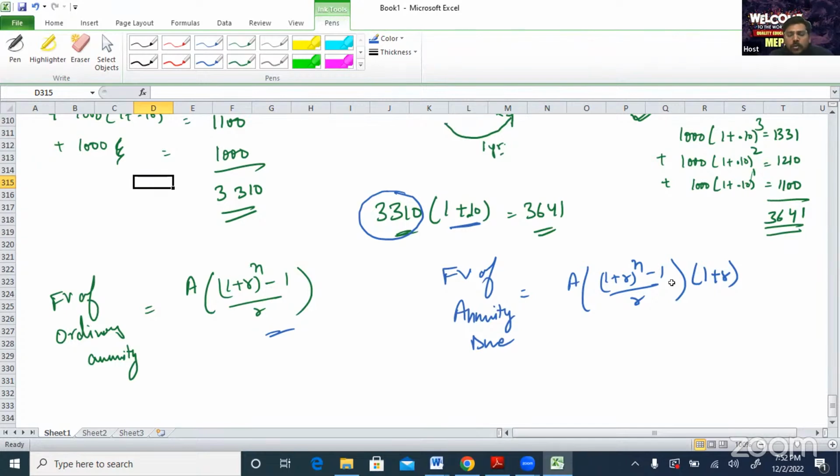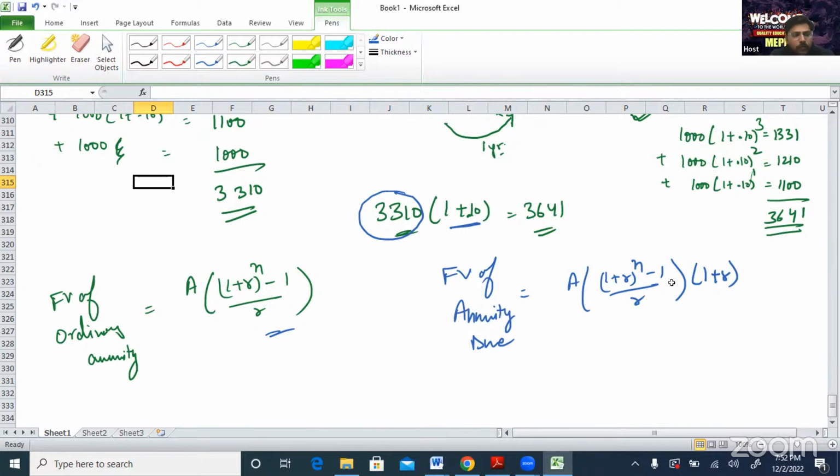So 3310 था, जो आंसर आया था सिंपली आपको वहीं पर मल्टीप्लाई पुट करना है, एंड देन 1.10 इक्वल्स टू, इट इज गिविंग यू 3641. तो जो आपका आंसर आया था वो ऑटोमेटिकली आप वहां पर मल्टीप्लाई का साइन पुट करेंगे तो कैलकुलेशन में वो उसको लेना स्टार्ट कर देगा.